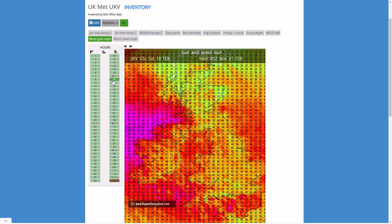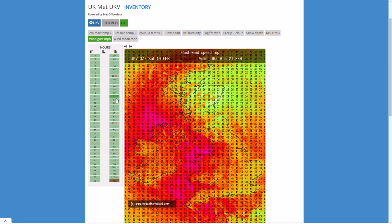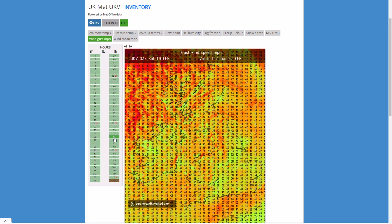Remember, the point of naming storms is to get awareness out there, so that people take note. But this system isn't going to be anywhere near as severe. So I don't think a named storm is warranted. And beyond that, we generally just say very unsettled. Some periods of